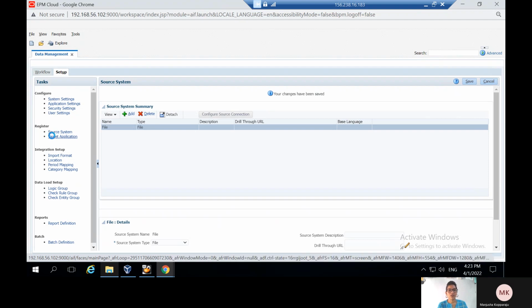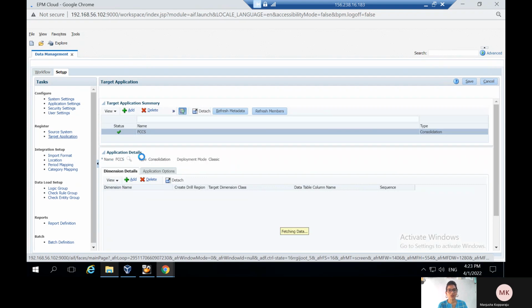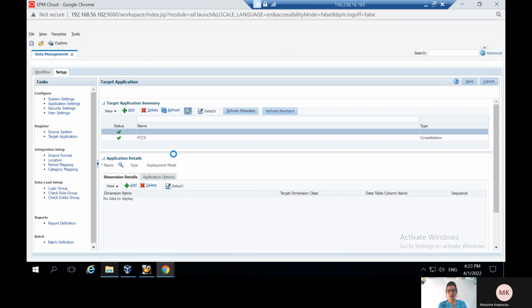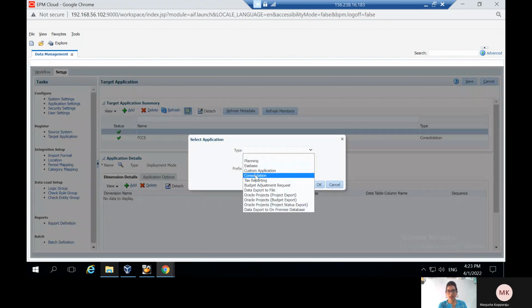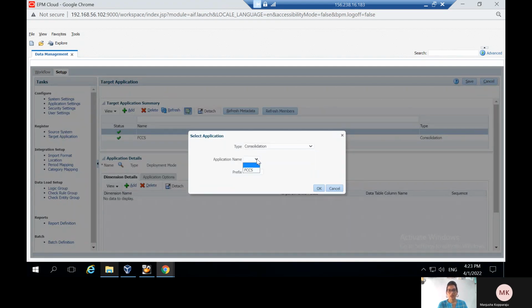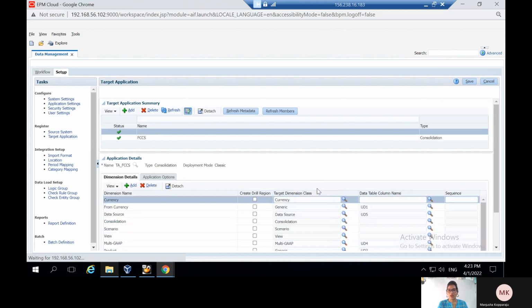and then go to target application, and we have to create a target application. As here I'm going to upload data, not metadata, for that reason I'm going to click on local. Here we have to type as consolidation, as we are in FCCS, and this is our application name. We have to give any prefix. I'm going to give target application TA underscore. This is the prefix. Once we have given that name, we have to click on save,